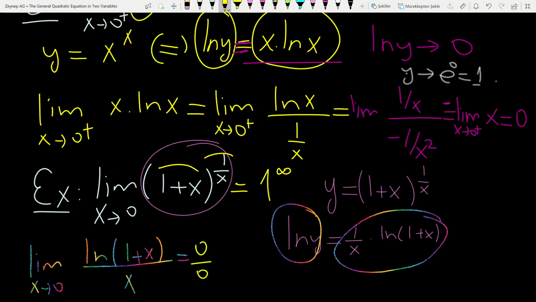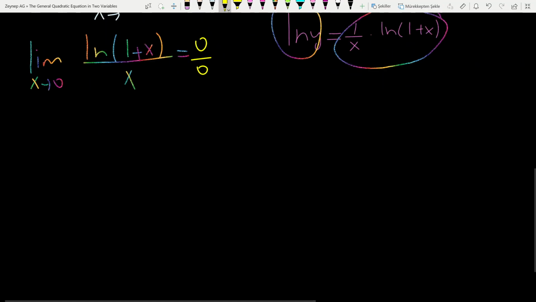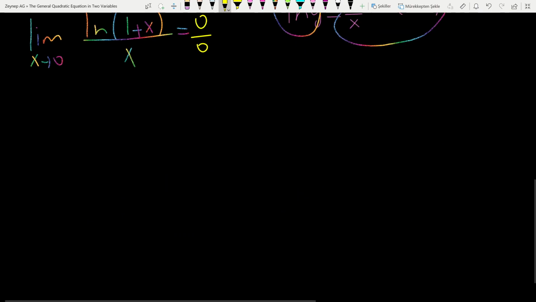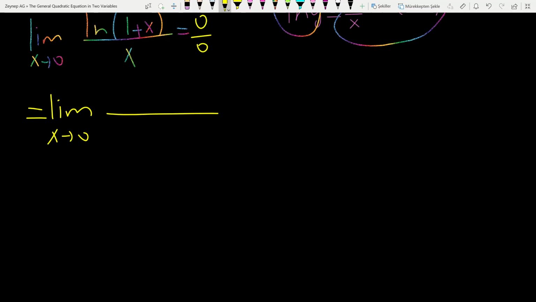Since we have a 0 over 0 case, we can apply L'Hopital's rule. This expression is equal to the limit as x tends to 0 of the derivative of the numerator, which is 1 over inside times the derivative of the inside, over the derivative of the denominator, which is 1, right? When x tends to 0, you have 1